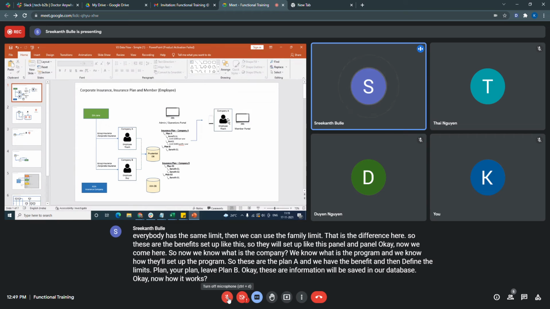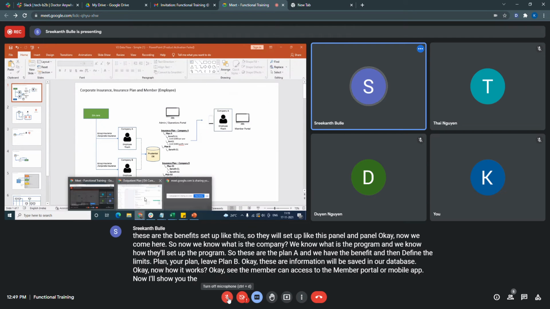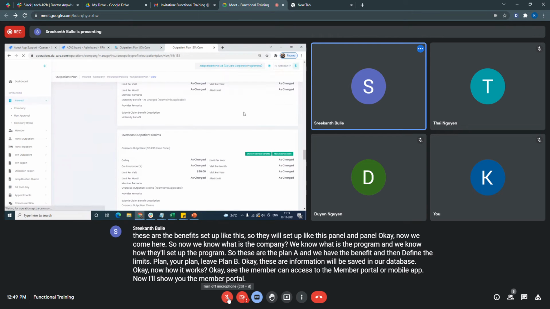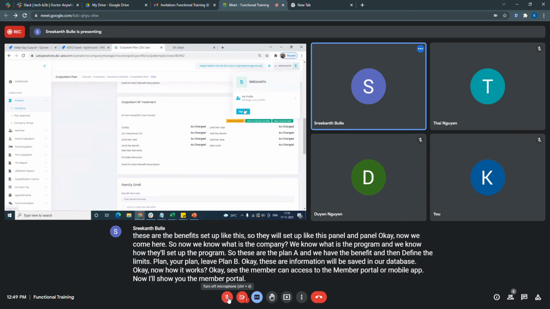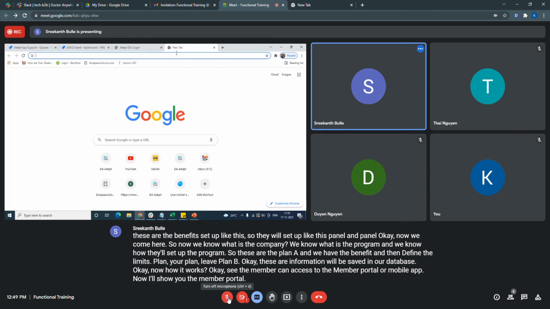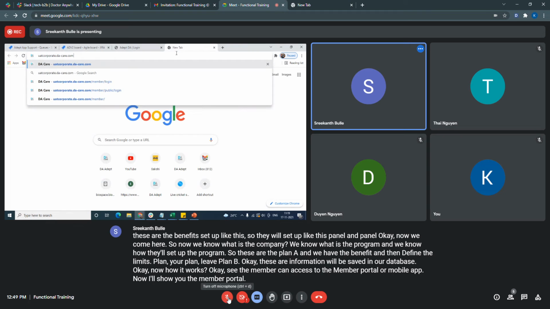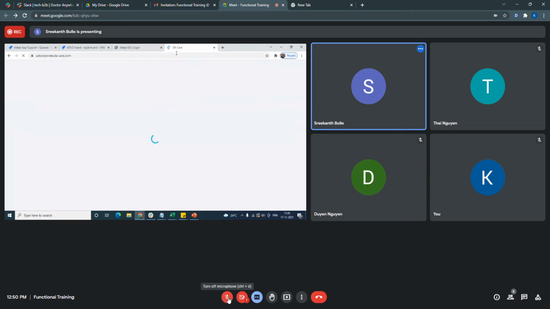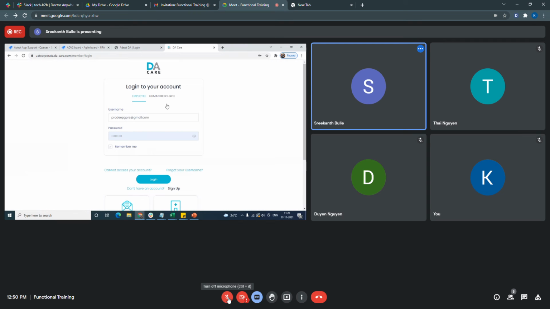The member can access the member portal or mobile app. Now I'll show you the member portal. This is the member portal of DA Care.